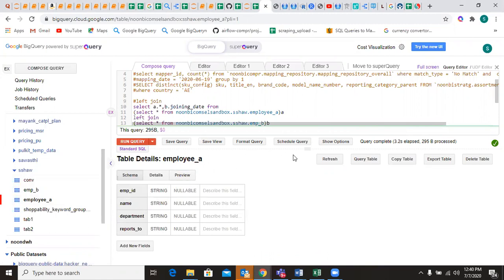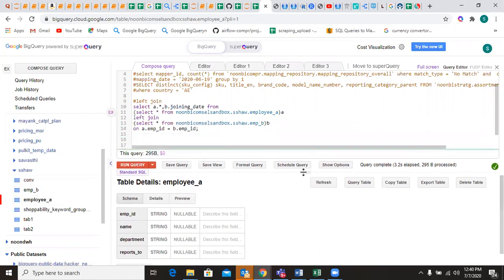So let's start performing the different joins and show you the different outputs for each join and how it simply works. The first example I'll show you is a left join. This is my left table.